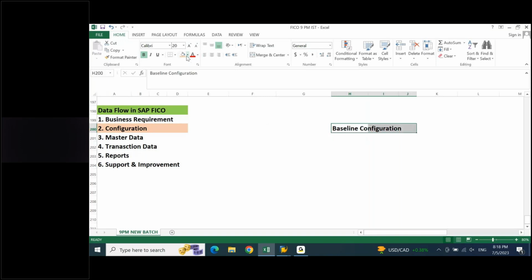I have a question. When you connect with the client, how are we going to collect the business requirement? Is there any standard flow? Do you mean a standard business requirements process? Yes, standard.